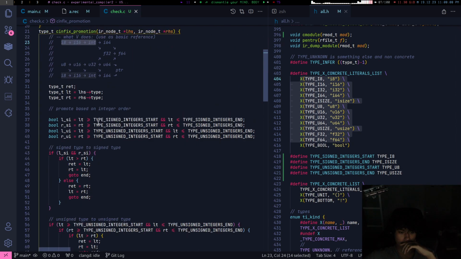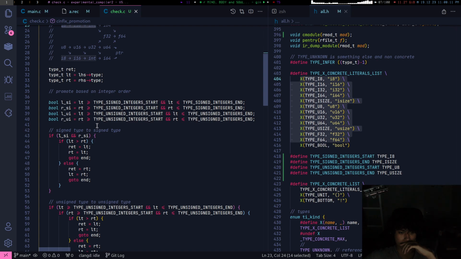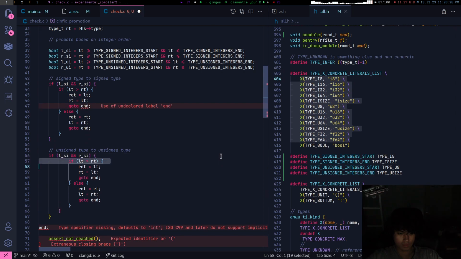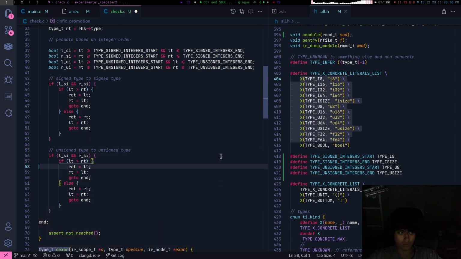This goes all the way up the chain. Okay, and let me just refactor them to this. SI. Unsigned integer.